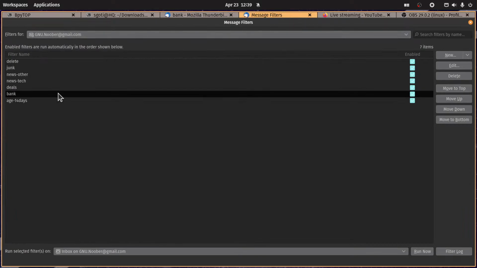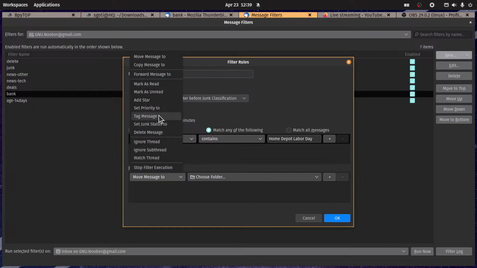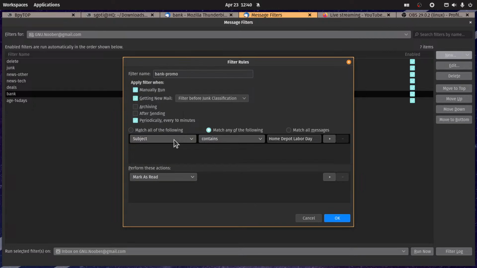3 to 4 words. And then what we want to do, let's create the new filter here. Periodically before subject contains, and paste. And then we will call this bank promo. What we could do is automatically mark as read, and then we could also tag it with